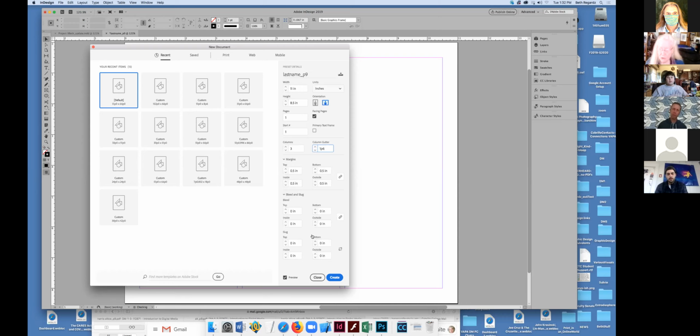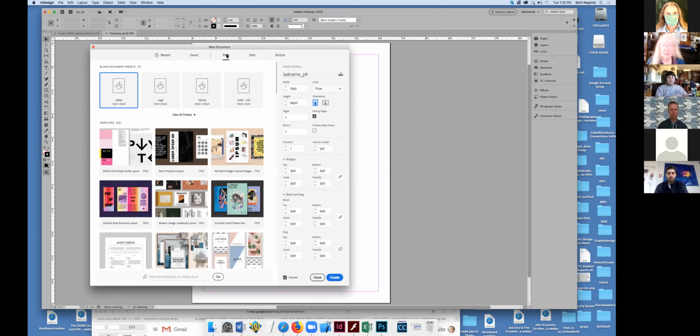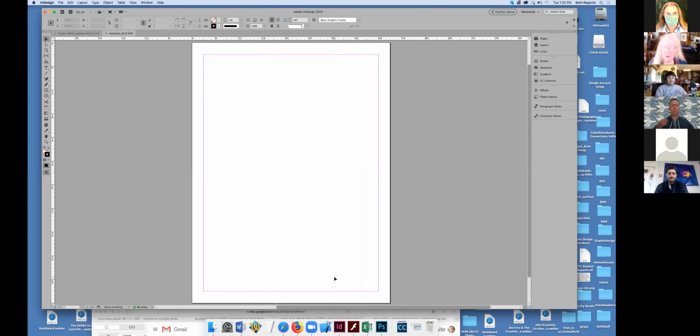And I have no slug or bleed, so I can just go here and I'm going to be doing it for print. Remember that, yeah, sort of print. I could do a bleed on it without a problem because it's going to be a PDF. But then I'm going to, oops,